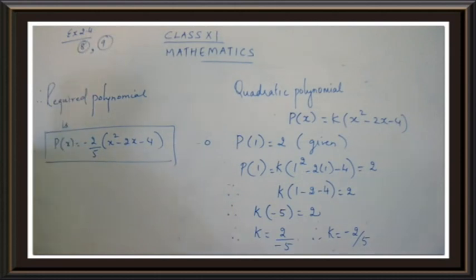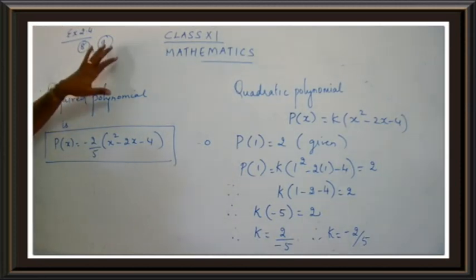What is question number 9? See the question. Without sketching the graphs, find whether the graphs of the following functions will intersect the x-axis, and if so, in how many points. This is very, very easy. We had a table in point number 3. The first part was about the discriminant, whether it's going to be positive, negative or 0. The second one was about the nature of the roots, that is question number 8. And the third one is about the parabola.